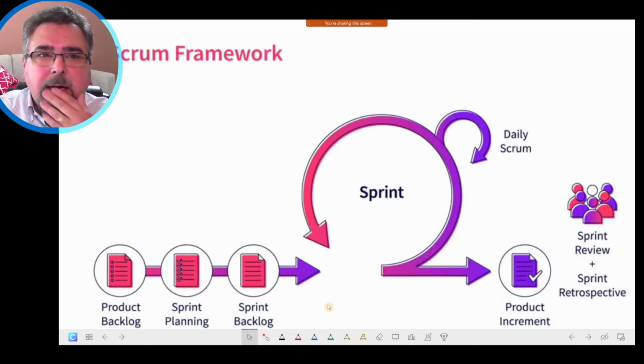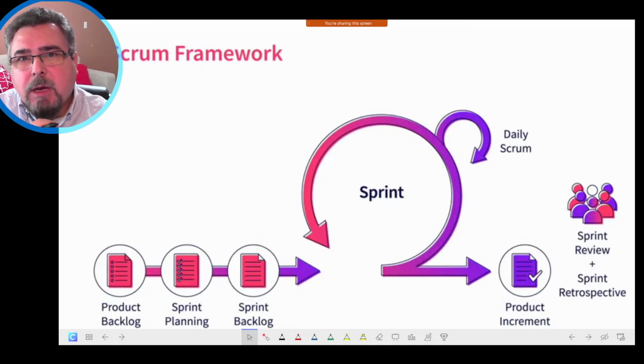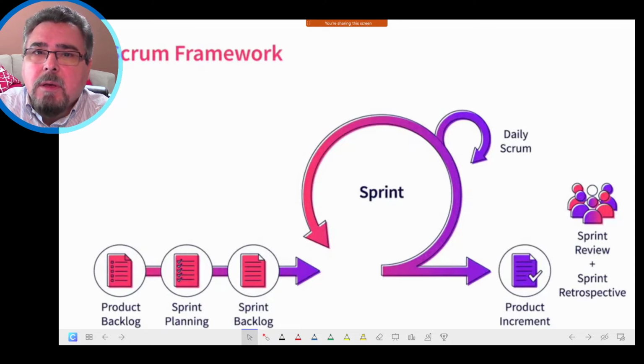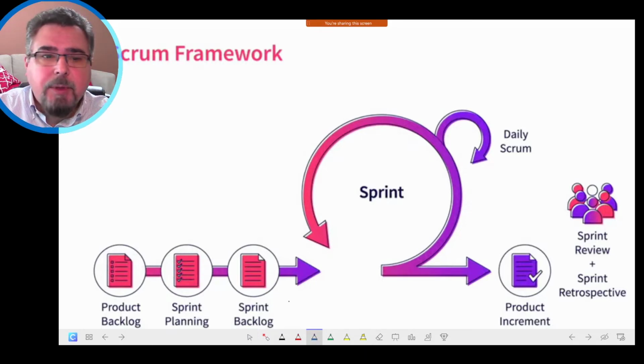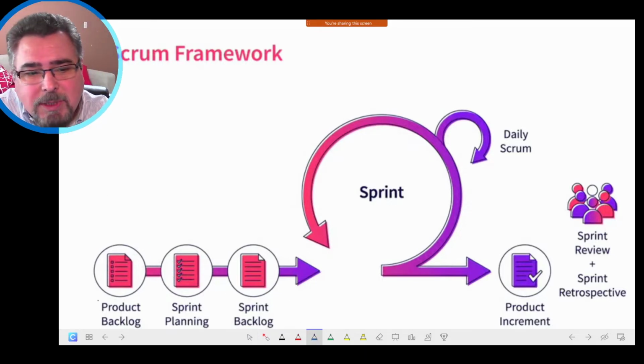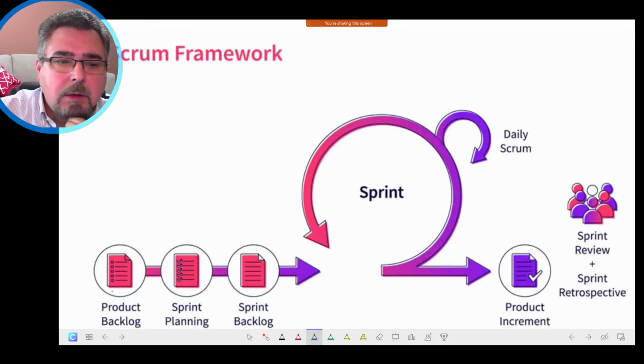Let's start our second part of the class, in which I will be trying to show you a real example using the Scrum framework. Just a short review from what we learned in the previous lesson. Here, it shows that the first step is the product backlog. But before the product backlog, I always say to my students that we have